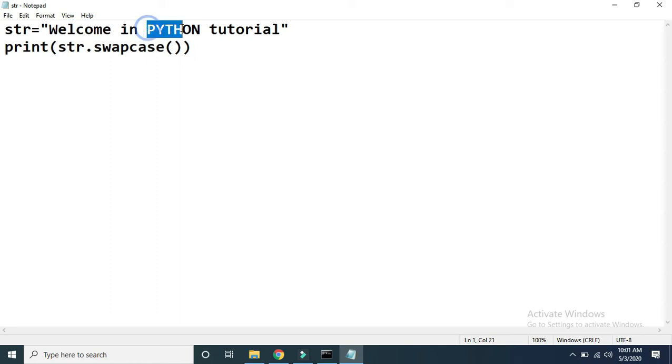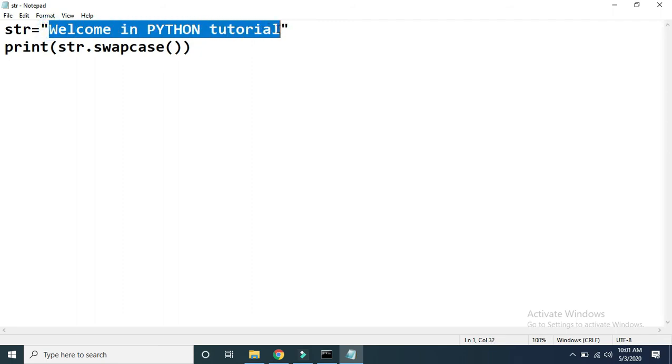Similarly, this Python is in capital in the original, but when we call swapcase, it will become small. Whatever characters are in capital case in the original string will be converted into lower, and whatever are in lower case will be converted into capital.